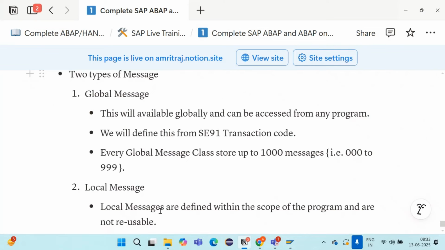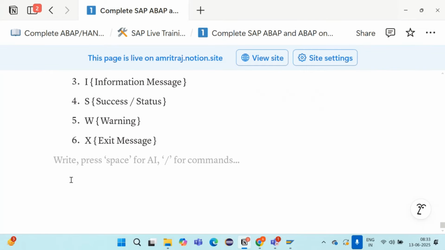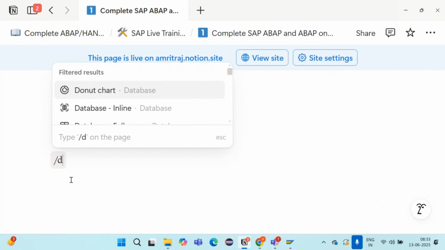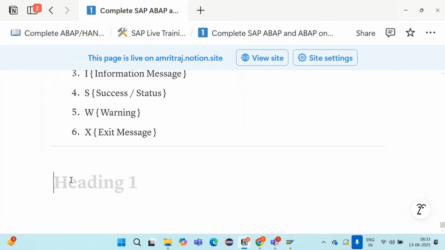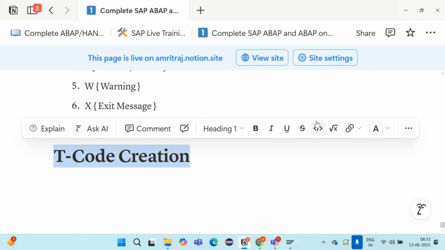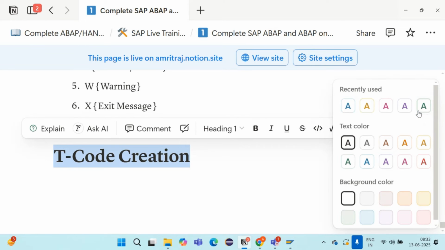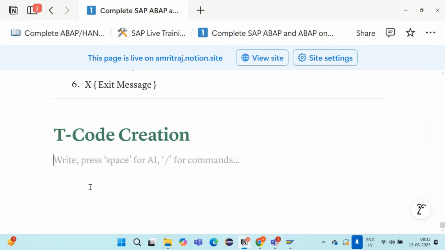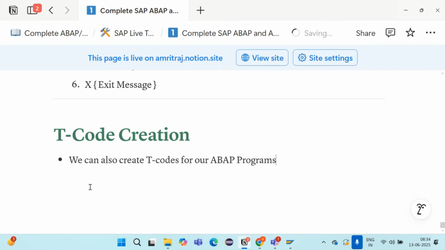Now, T code creation. How many of you recall that we had created T code for our tables? Maybe SE93 was the T code. Yes, T code creation. Great. We can create the T code for our ABAP program also. So we can create T codes for our ABAP programs from SE93 transaction code.